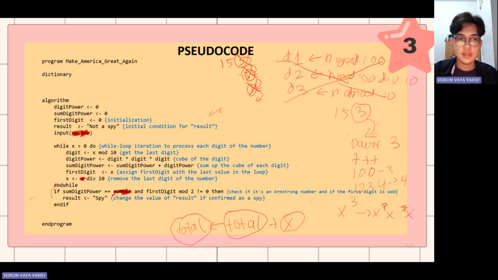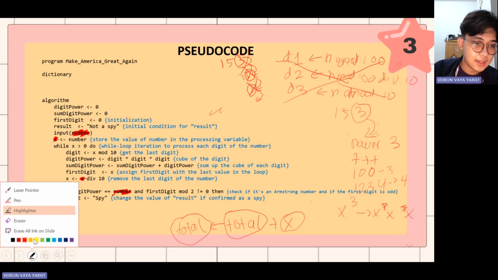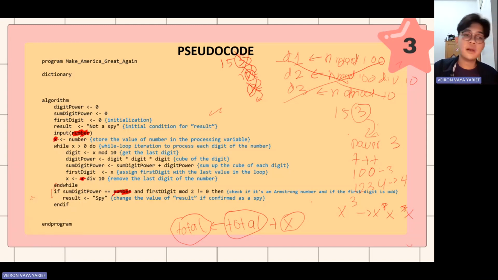our head. Okay, what do we do with x? Why do we process x? This is the variable. We have x. What do we do with x? X is number. Why don't we just process the number? Why do we need to make a different variable named x? Why are x and number the same value? At the first time it is the same value, okay? At the start of the algorithm it is the same value. But